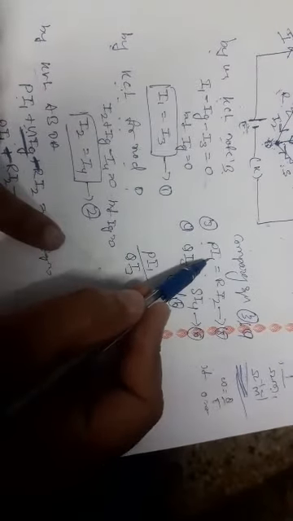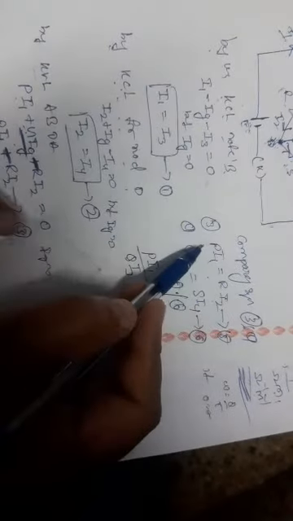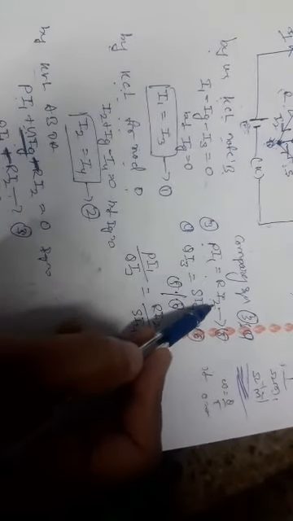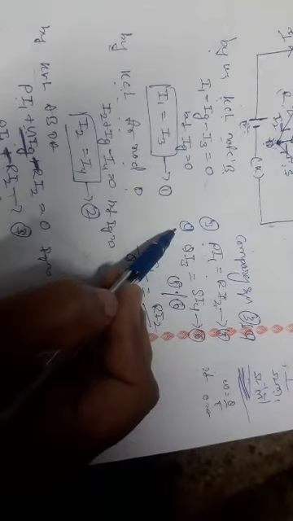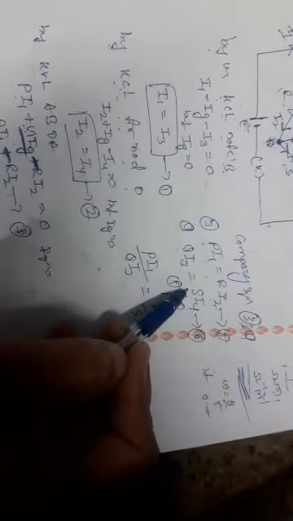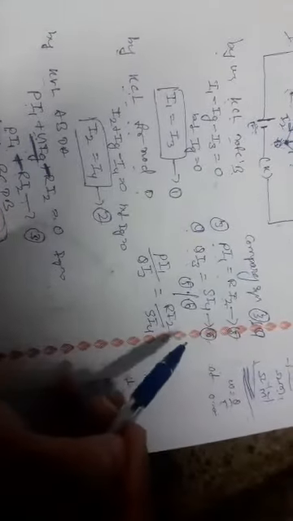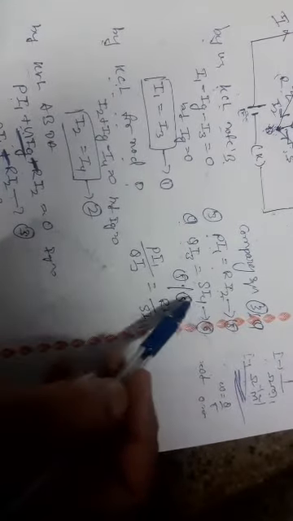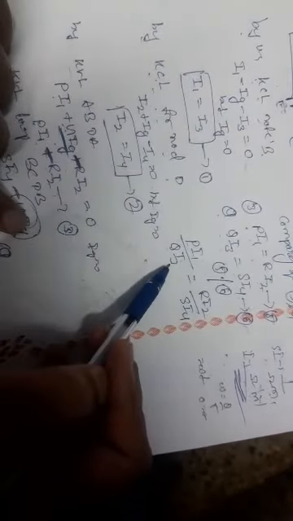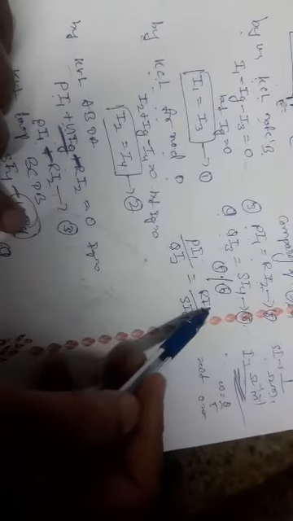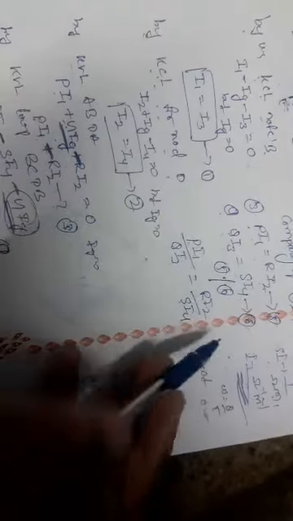Comparing equations 3 and 4, equation 3 can be written as Pi1 is equal to Ri2, and equation 4 can be written as Qi3 is equal to Si4. That is equation number 5 and equation number 6. Dividing equation 5 by 6, we get Pi1 by Qi3 equals Ri2 divided by Si4.